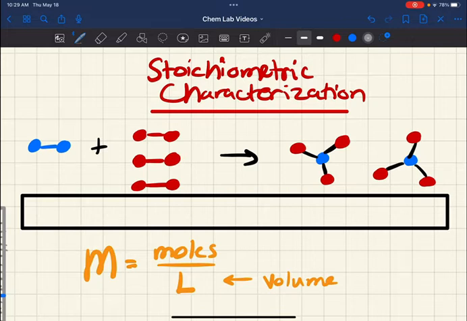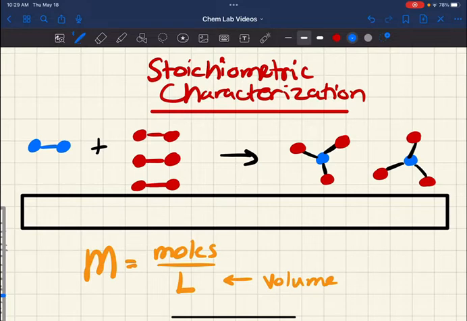And just as a brief reminder as we get started in discussing this topic, the stoichiometric relationship in a reaction